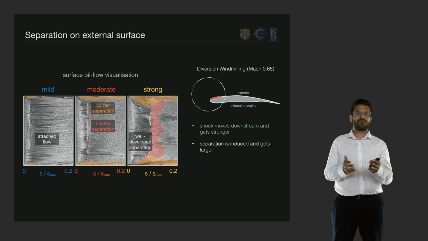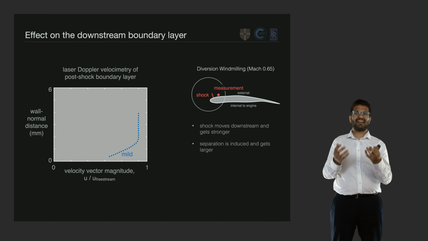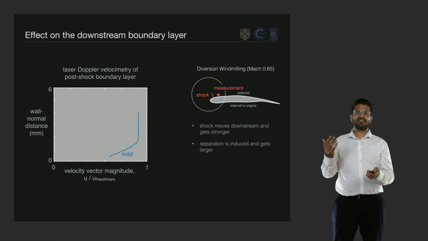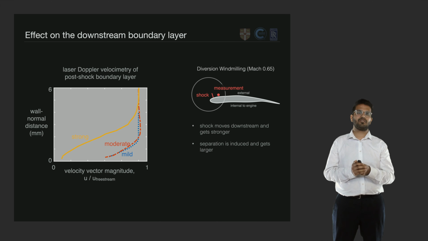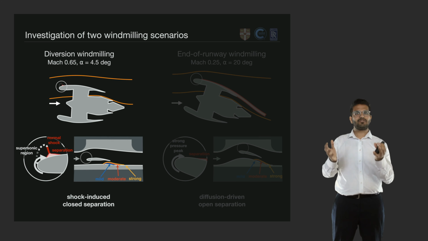These differences in separation are then also reflected in the boundary layer profiles some distance downstream of the shock wave. So for the mild windmilling condition, the boundary layer is less than 2 millimeters thick. Whereas as we consider the cases where separation is incipient and then there's well-developed separation further upstream underneath the shock wave, we can see that the boundary layer gets significantly thicker as a result. So by considering these different sets of measurements, we've got a better idea of what's really going on behind the